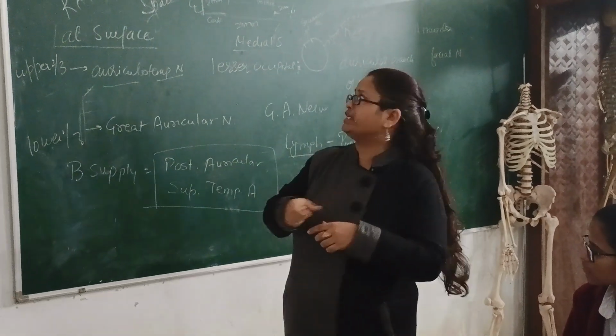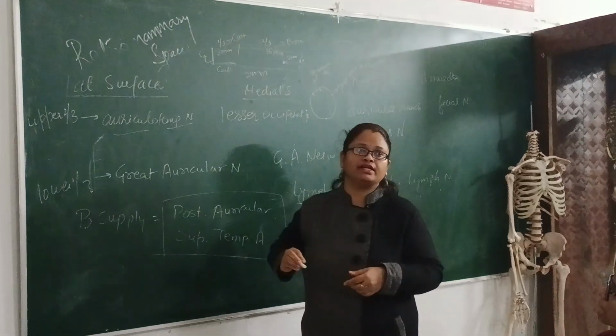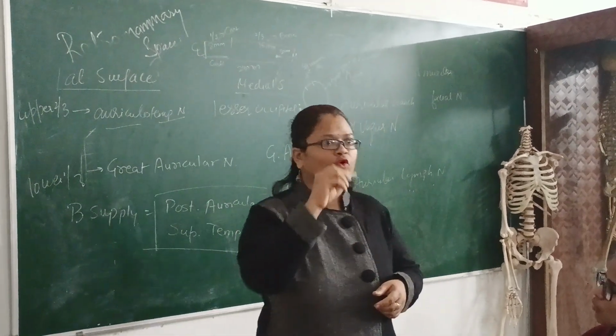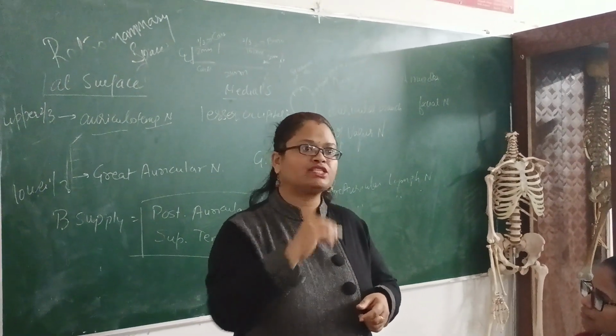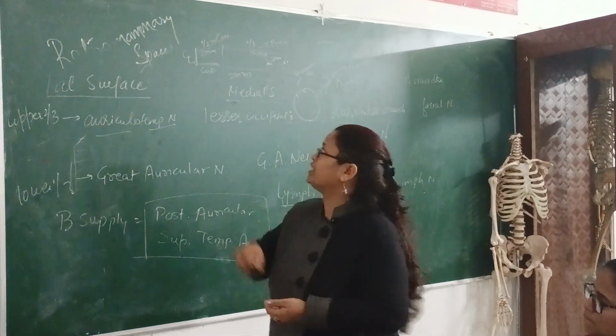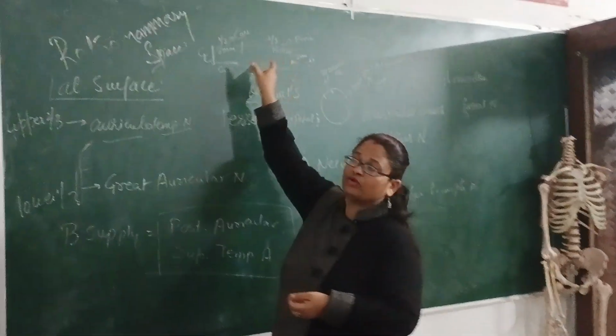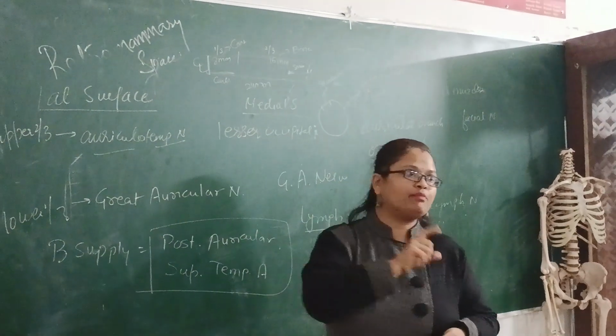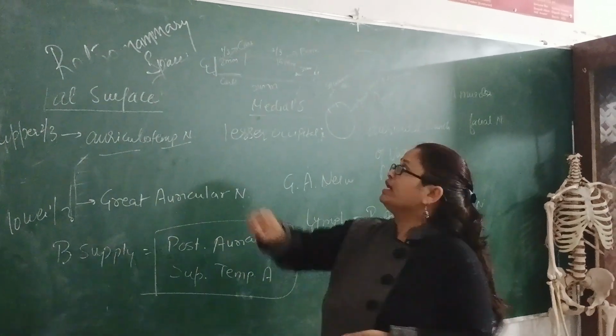Right? Now next point is section में कैसा दिखाई देगा ये? The canal is oval in section. और इसका जो bony part है वो ज़्यादा narrow होता है और cartilaginous part कम narrow होता है. Right? The narrowest